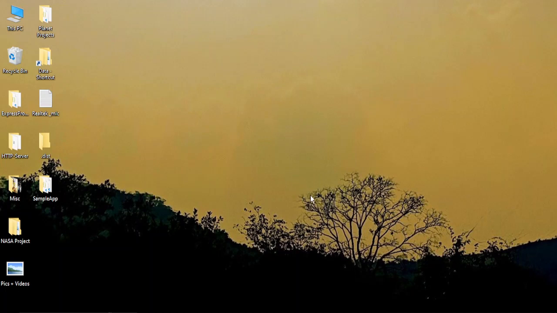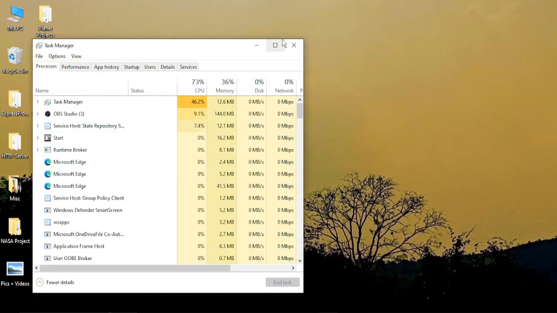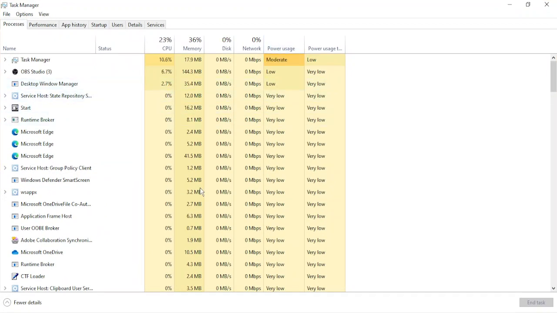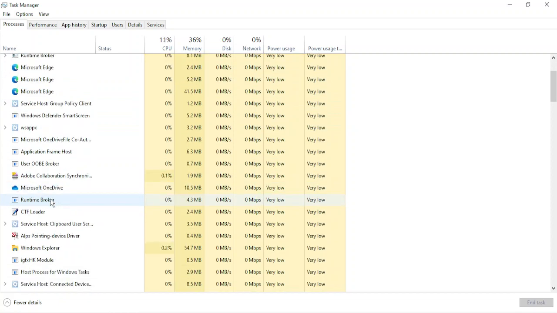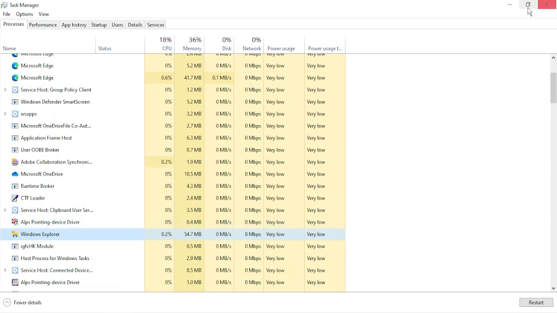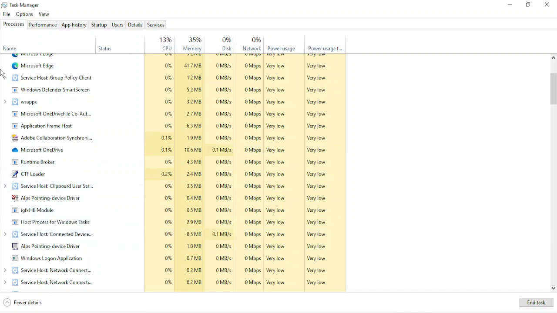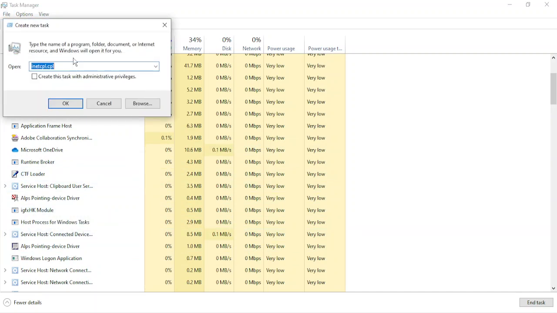So the first thing we are going to do is we are going to make sure that we are in your task manager. So we need to make some changes over there. So for this, right click on the taskbar, and go to the task manager. Once in the task manager, you can expand this task manager window and you need to search for Windows Explorer in the apps. Once you find Windows Explorer, then what you need to do is just right click and click on end task. So Windows Explorer task would end, and then you need to go to file, run new task,